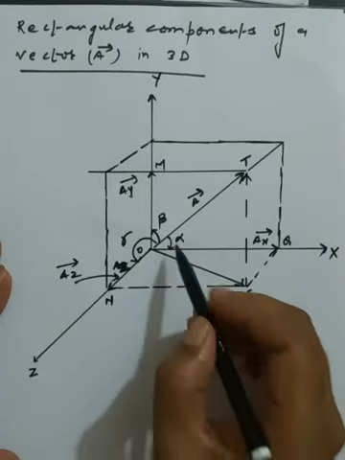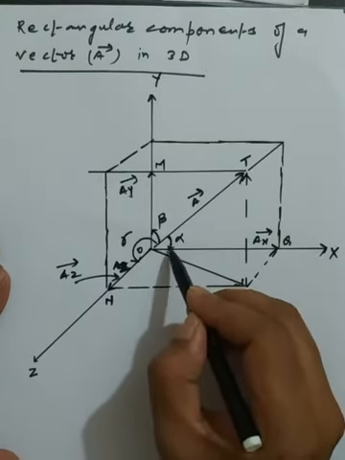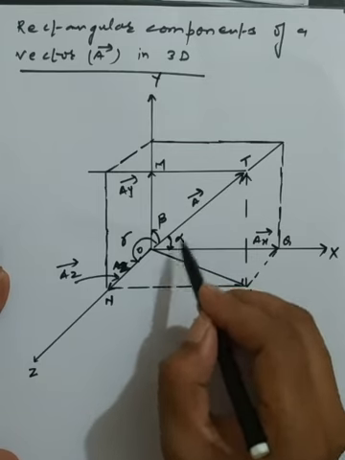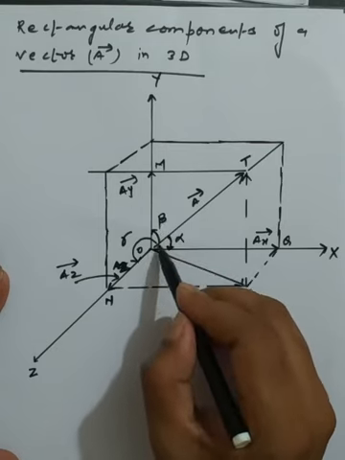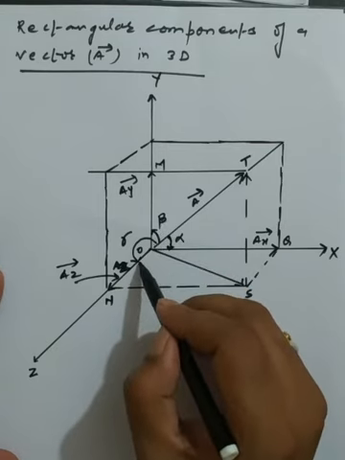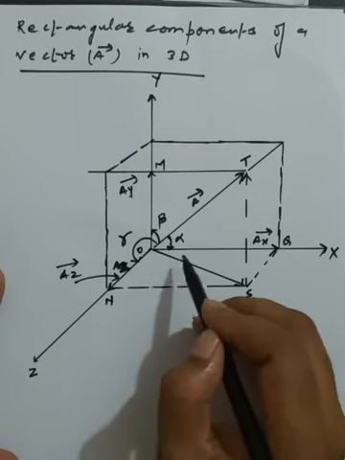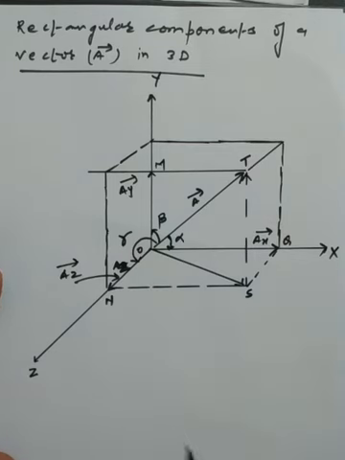Now here I am also representing the direction of the vector A with the x-axis, that is called alpha, the direction of the vector A with the y-axis, that is called beta, and the direction of A with the z-axis, that is called gamma. These are the three angles made by the vector A with the x, y and z axes. Now how can we represent the vector A in terms of the vectors ax, ay plus az? So we are approaching the simplest mathematics, that is vector mathematics.